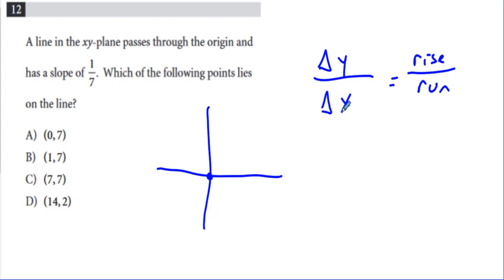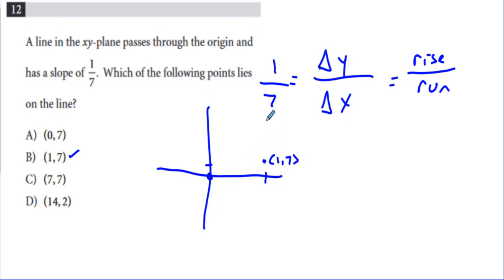So that's what slope is. What that means is we're going to change the y, in our case using the 1, and we're going to change the x using the 7. So I'm going to go up 1 and over 7, and I'm going to end up at the point 1, 7. That means that point is on this line. Up 1, over 7. There it is. I'm going to do the same thing, and if I go up 1 again,